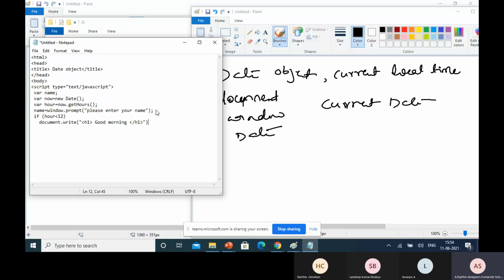If it is above 12, then it is not good morning.